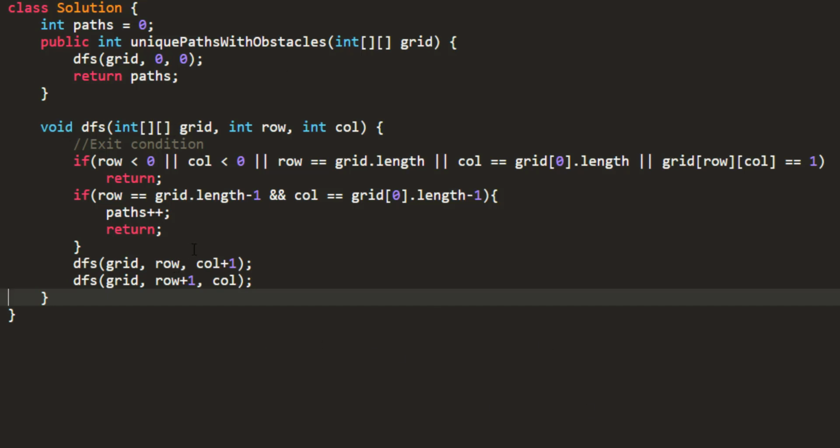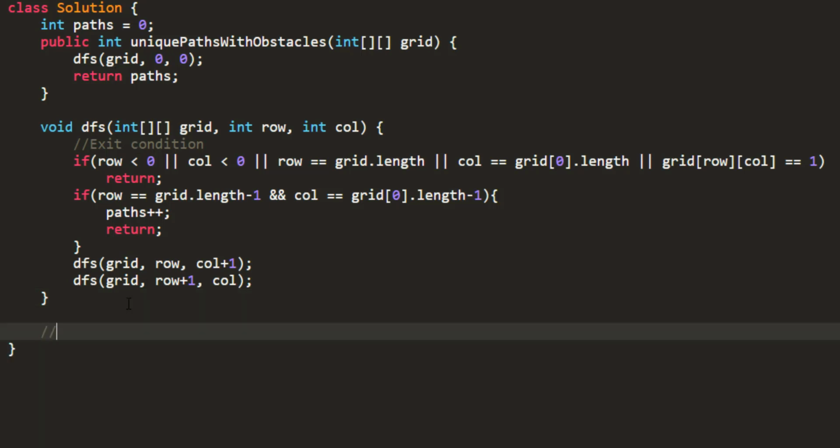But if you submit this, this would give you a TLE, as you have n, that is row times column, size of matrix, and for each one you are having 2 paths. So the time complexity becomes 2 raised to row times column, and that would give you a TLE. So what you can do here is use memoization.